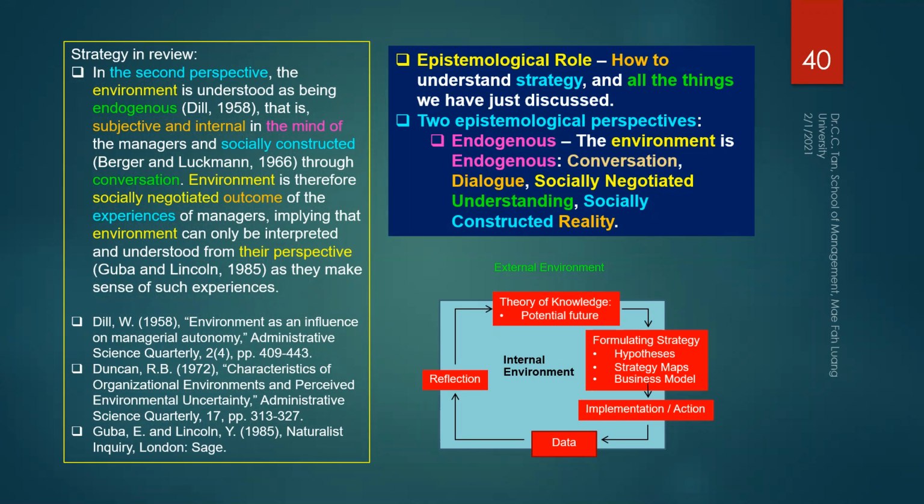So the way we understand the environment really depends on our mind. If our mind is positive, the environment is positive. If our mind is negative, the environment is negative. Yes or no? Well, you already know about it. The world at this moment is very, very chaotic. Why is that so? Because your mind interprets that the world is chaos. But if you interpret the world as still pretty stable, then the world is stable.